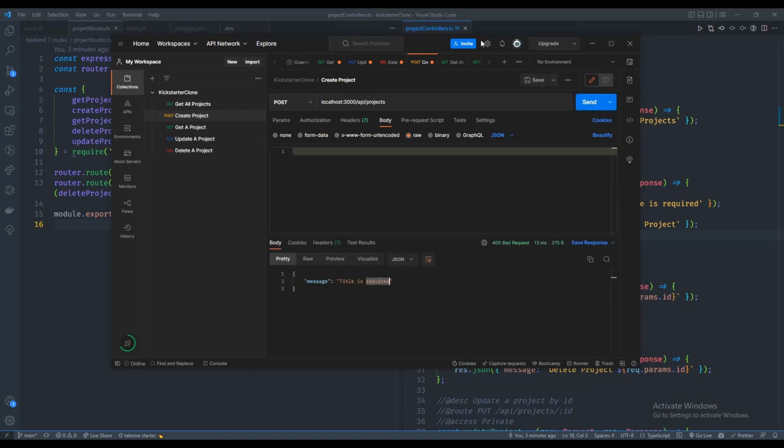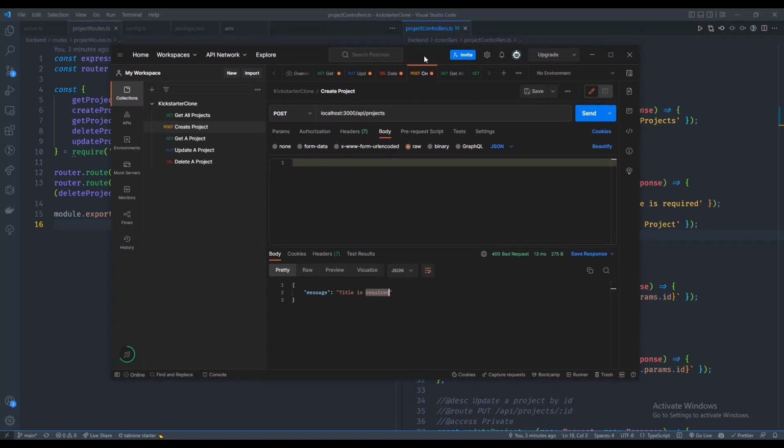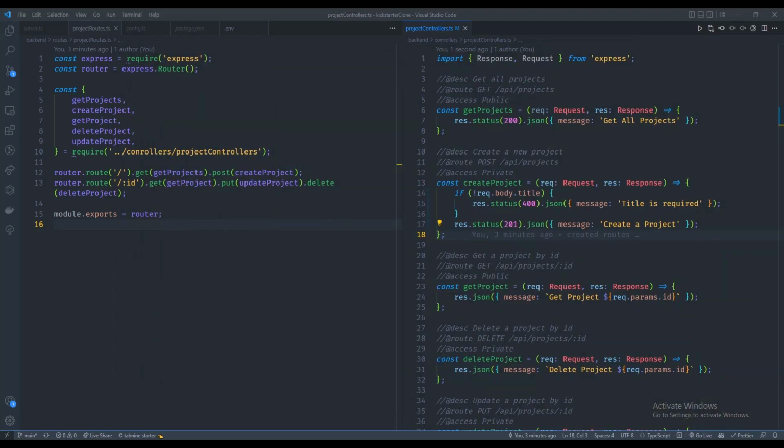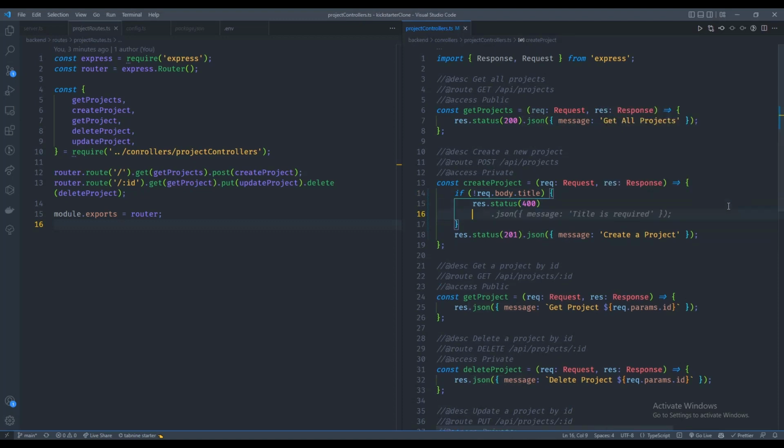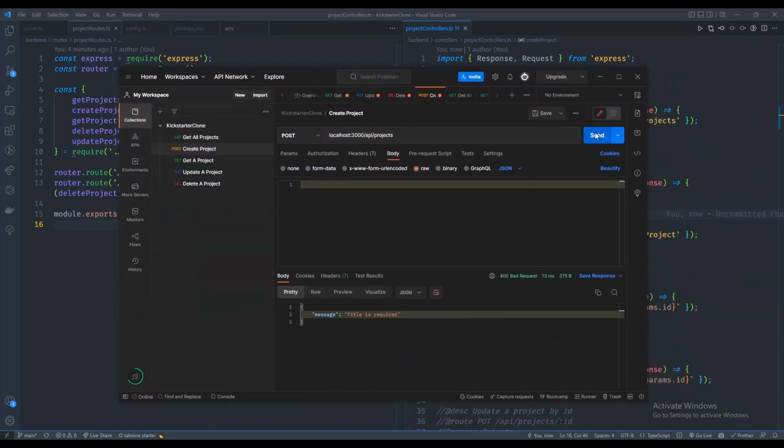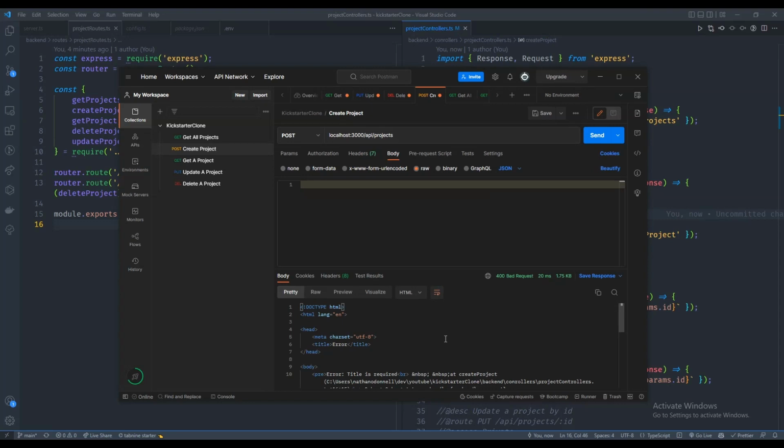Message title is required, but just for the sake of sanity and helping me debug in the future, I'm going to go one step further and use, instead of this JSON message thing, a nice error. We can use an inbuilt error that comes with Express, it's just called throwing new error: "Title is required." Perfect. So now if we go over, instead of "title is required", we get this error page,